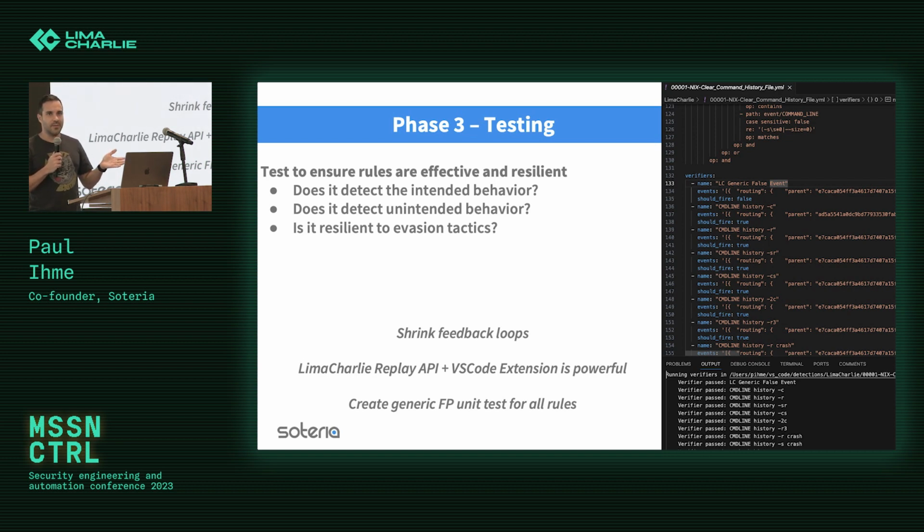So LimaCharlie is a great tool. I don't know if you guys have heard of it. It's got a lot of APIs, and one of those is the replay API. And what the replay API allows you to do, if you've ever been in the UI and you've gone and written a rule and then tested it against an event, there's an API for that. So what we do, you can see here starting on line 132, is we put verifiers, which are effectively unit tests that will run against every detection anytime that they get built, right? So you give it a name, and then you'll just give it a JSON list of events that will run against them.